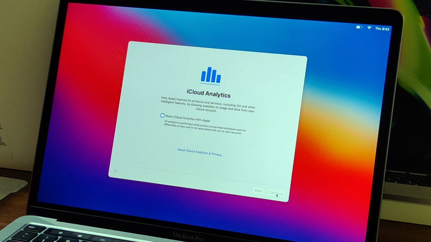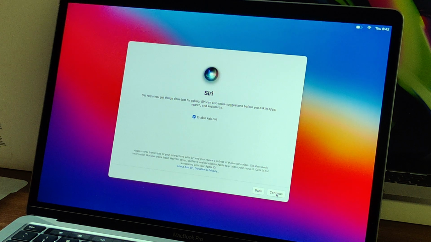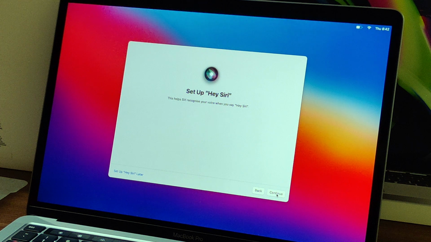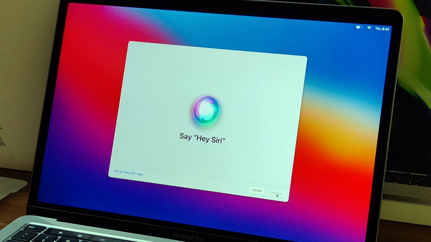Then we have Siri. This is my personal favorite and most liked service or feature. Voice any command and you're going to get a response. Call it whatever you like, it is going to make you lazy or smart depending on how you use it. I highly recommend to enable it and use it. To set this up, just echo the words or sentence between those double quotes. For example, Hey Siri.